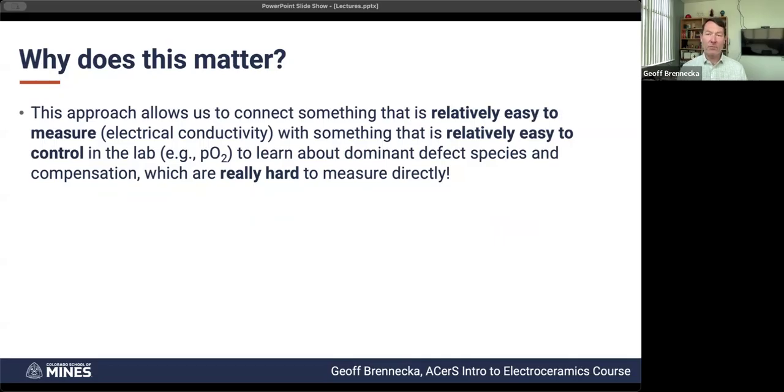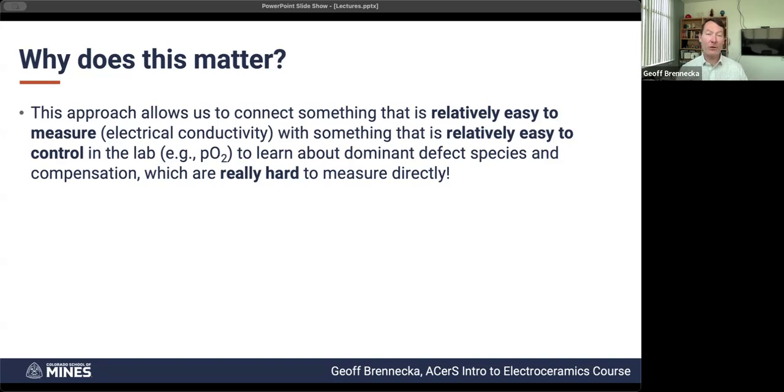So the whole point of this is that we want to connect something that's easy to measure. So electrical conductivity, that's relatively straightforward. You stick a couple of electrodes on your sample and you apply a voltage and see how much current flows. That's reasonably simple. We can stick that in a furnace, heat it up. We can change the PO2 within that furnace, and we can make that measurement. That doesn't mean that it's simple to do with high precision, but it's definitely simpler than doing some sort of